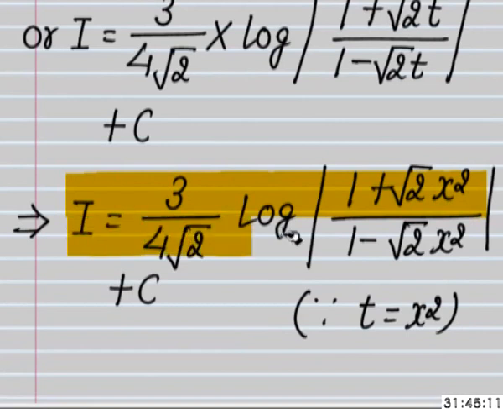So for the given example, I is equal to 3 upon 4 into square root 2 into log of modulus 1 plus square root 2 into x square upon 1 minus square root 2 into x square plus c,